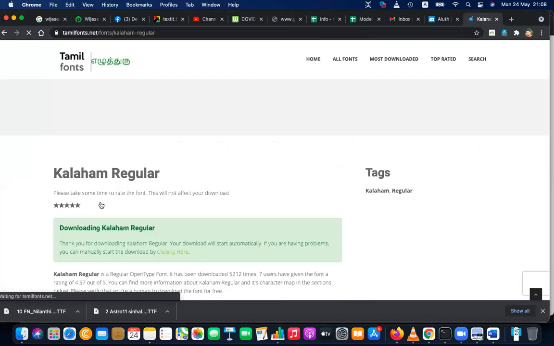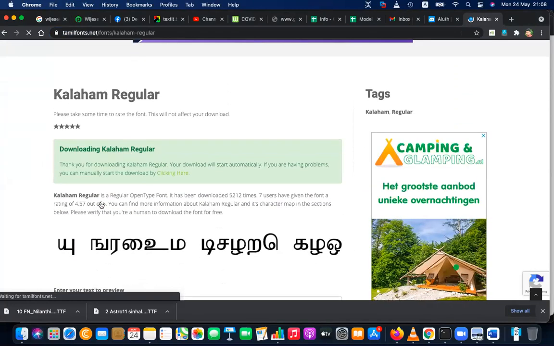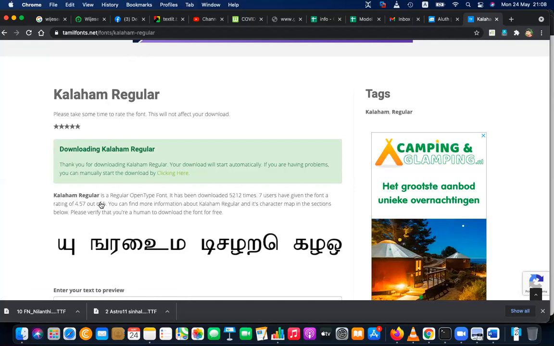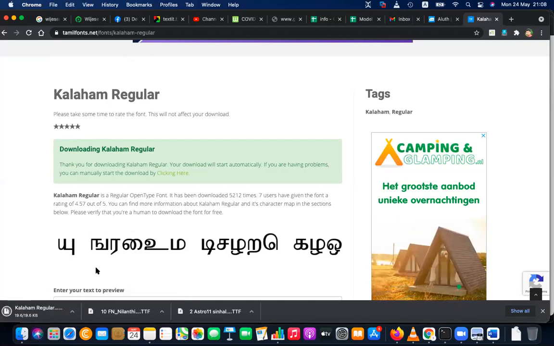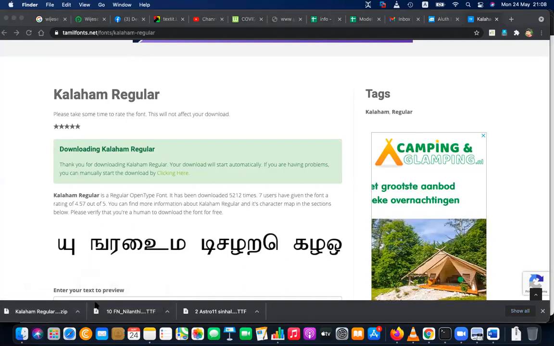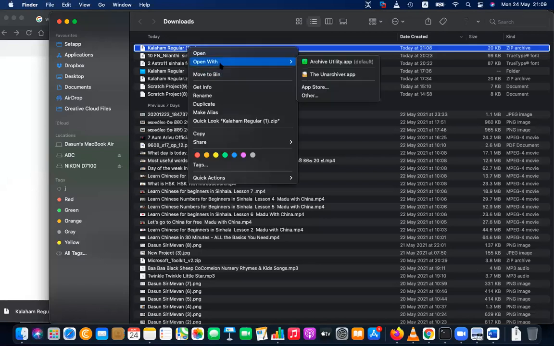Similar to the previous step, after downloading the font, what you have to do? Just go to the font, show in the folder, right click and extract it.